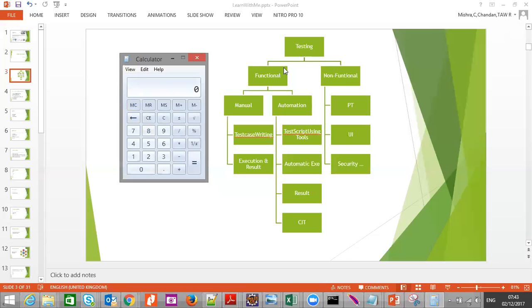Now functional testing, which we will focus on, is again divided into two parts, manual and automation. Earlier, people used to do manual testing. What they were doing was writing test cases in an Excel sheet, saying these are the scenarios, and figuring out the functional points. Functional points means what? By looking at the design document, they would figure out and pick each and every functionality that